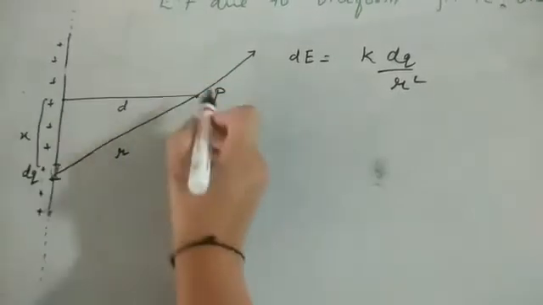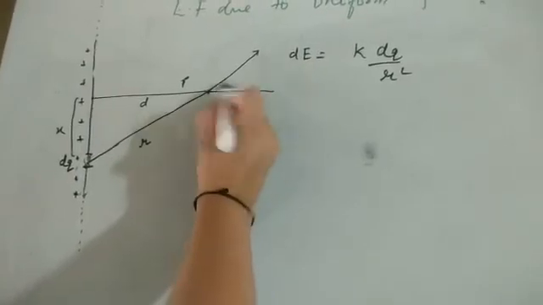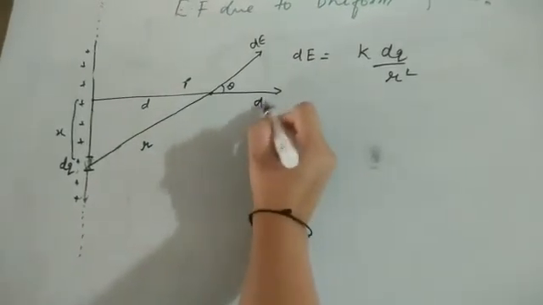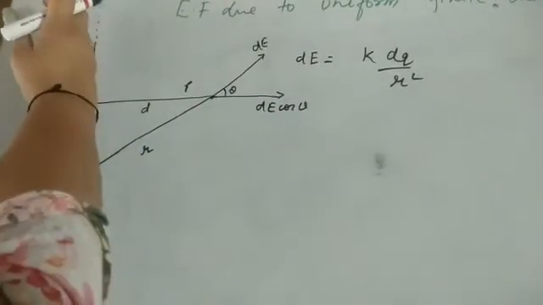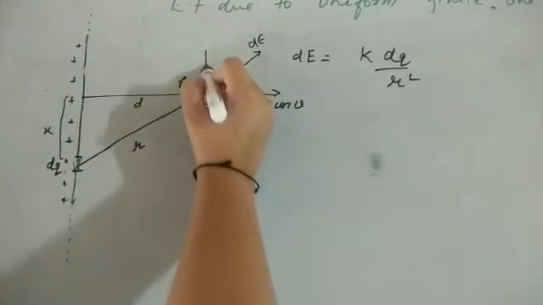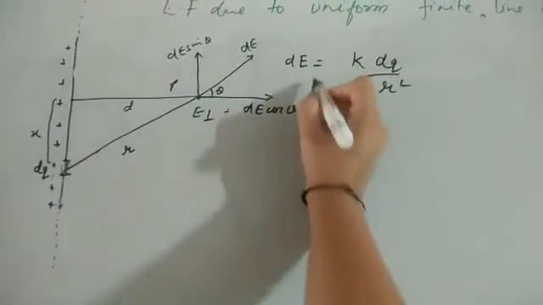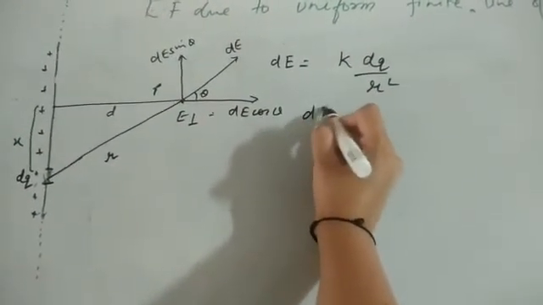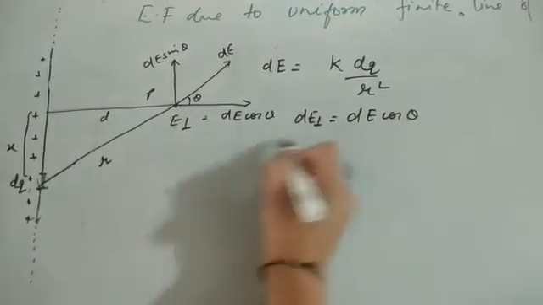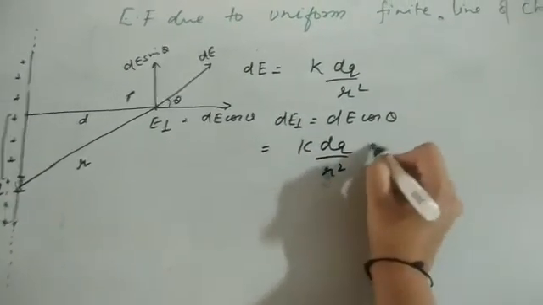So you see one more thing here. This is your point P. If I break it down, let's say this is your angle theta and this was your dE, right? So this is your dE cos theta. This is the perpendicular component of electric field, right? And this is the parallel component, dE sin theta. Clear? So we will first solve for the dE perpendicular component. What is the dE perpendicular component? It is dE cos theta. So what is dE? You will substitute the value from here, k dq upon r square, and here is your cos theta.